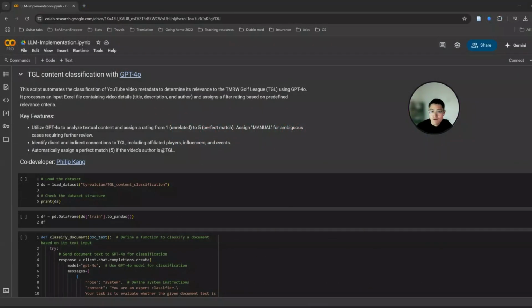Alrighty, let's make it real. We're going to walk you through a practical example. Philip and I are currently working on an exciting project involving the Tomorrow Golf League, or TGL, an innovative golf league that combines golf and advanced technology. We have gathered extensive YouTube data: video titles, descriptions, authors, and other pertinent metadata using keywords like TMRW Golf League